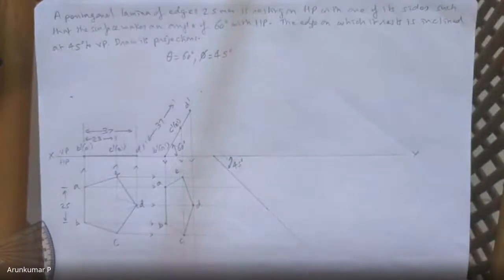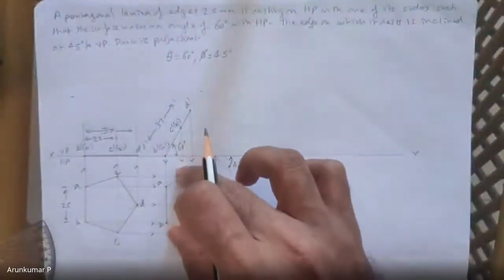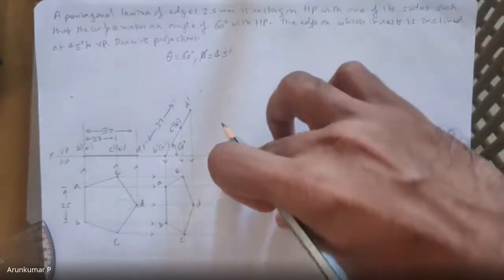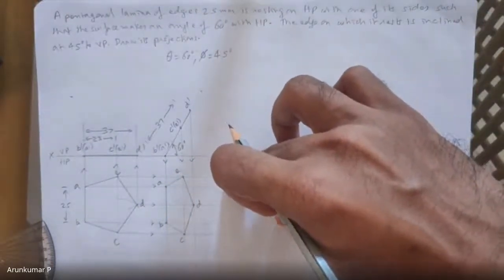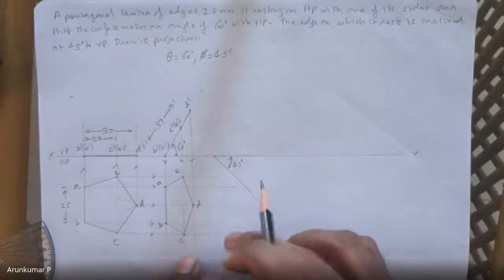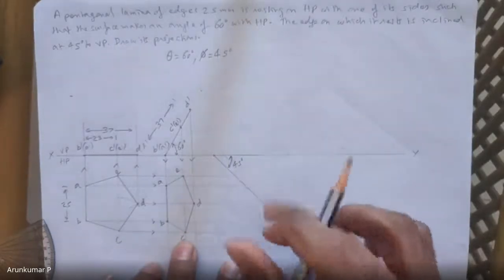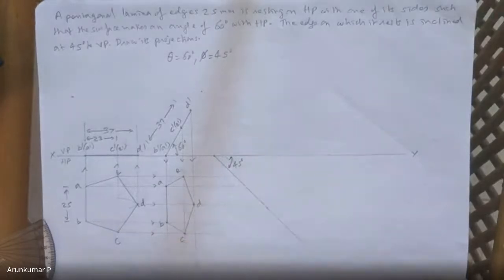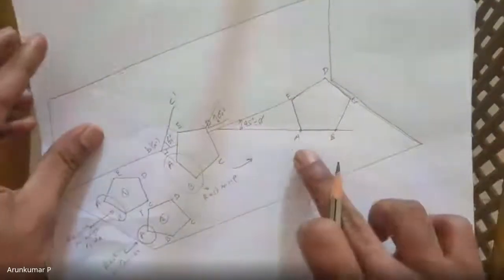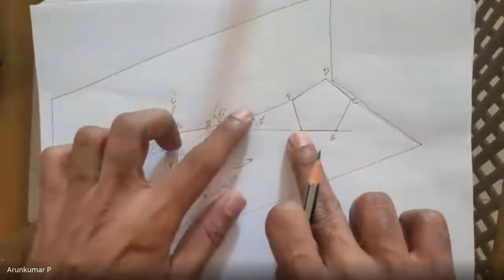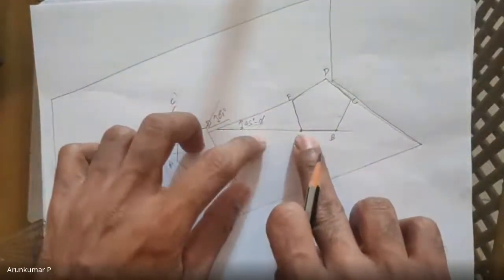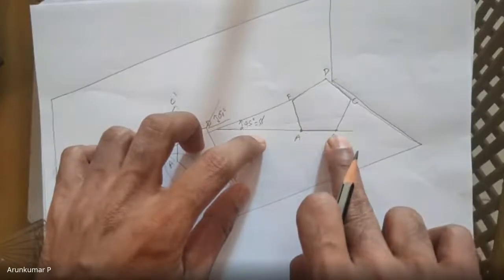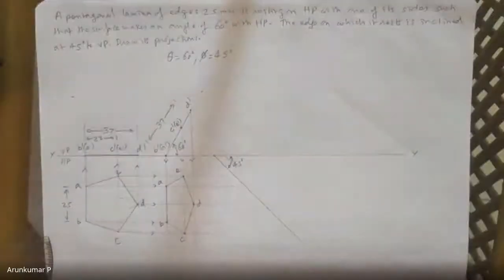Okay. So it is not a locus problem. So what you have to do is rotate this entire pentagon by 45 degrees in the anti-clockwise direction. So when you do that, what you'll find is you need to start with A, because as you have seen in the 3D view, A is the edge which is very near to the XY line. So this is the first edge. Then B comes below it. So you need to start with A.